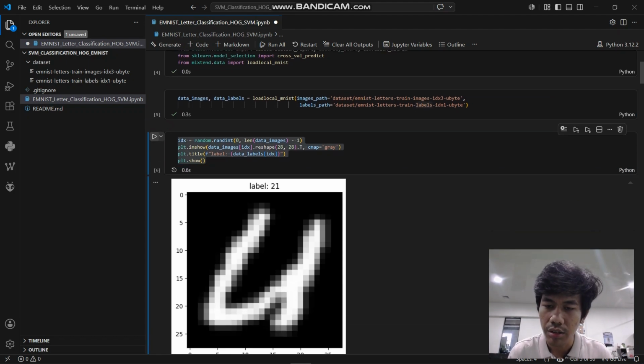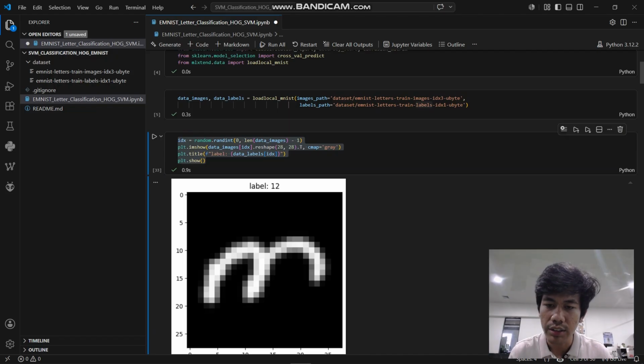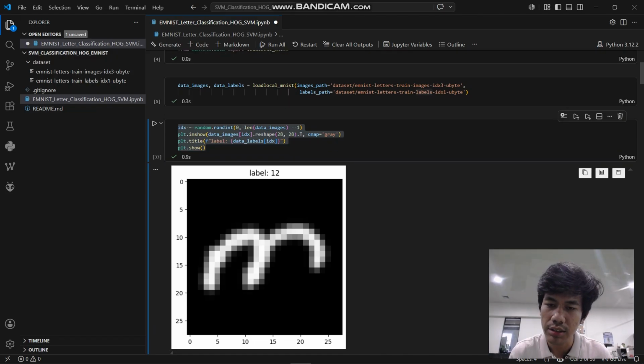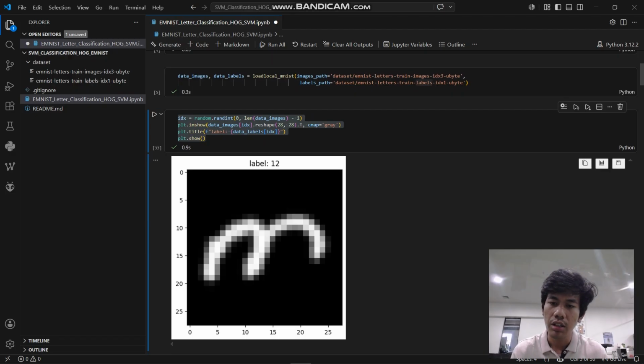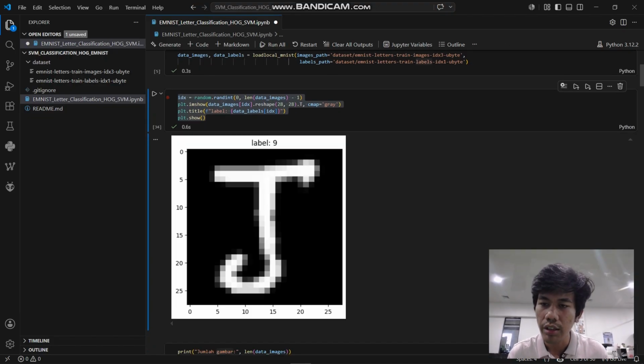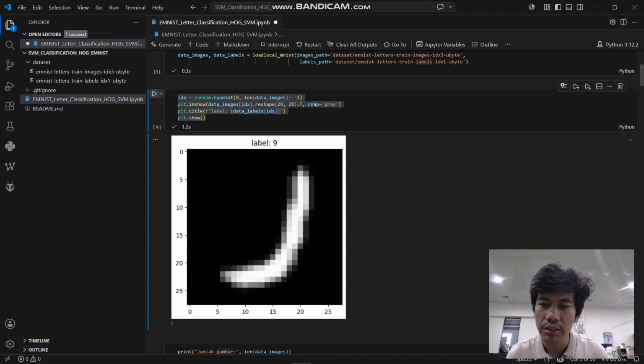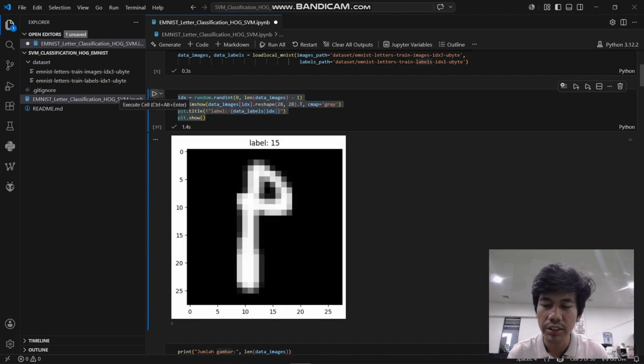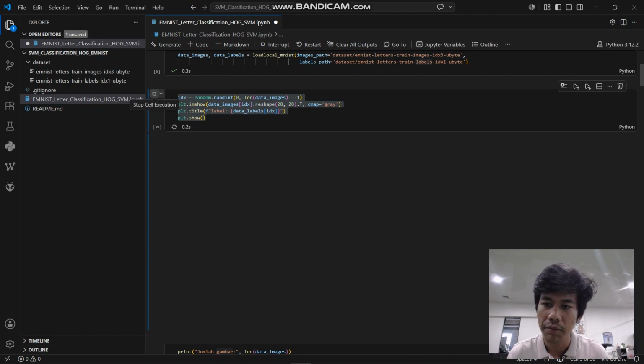In this dataset, I visualize the letters with class 12, and in this step, the class starts from 1. So we need to reorder the data to start from 0. So this class will be 11, like that. And if we run it again, we can see other samples of the MNIST dataset.